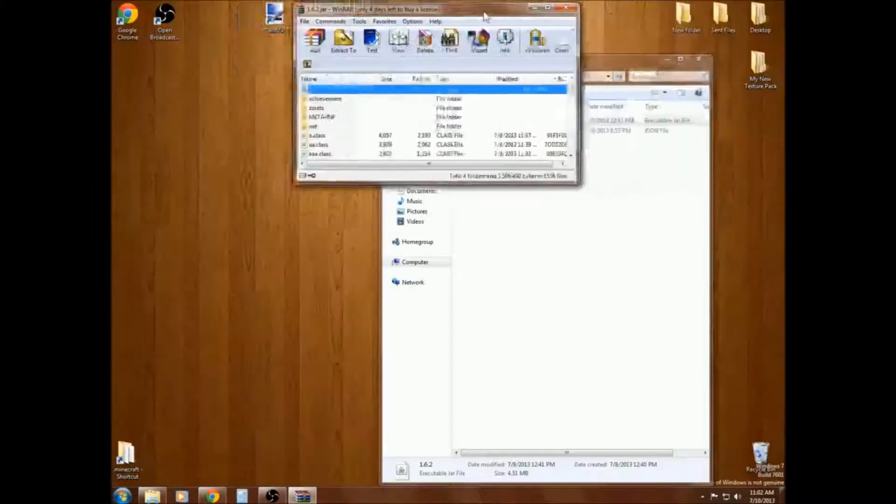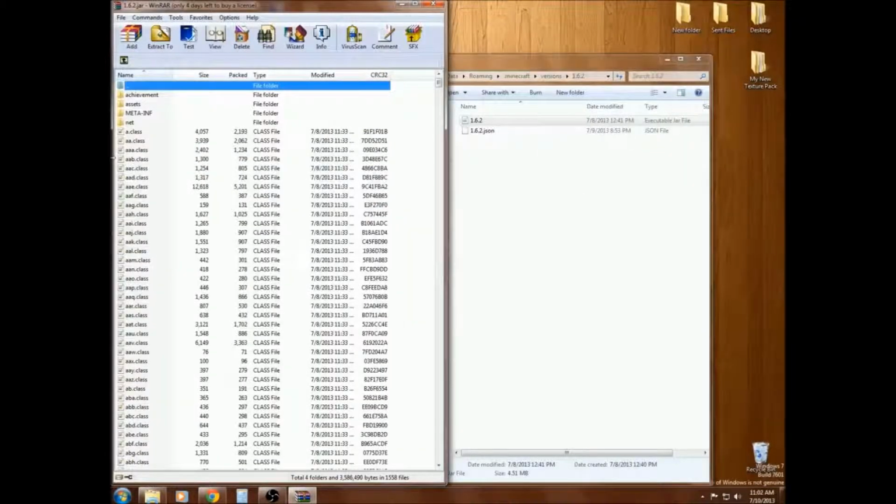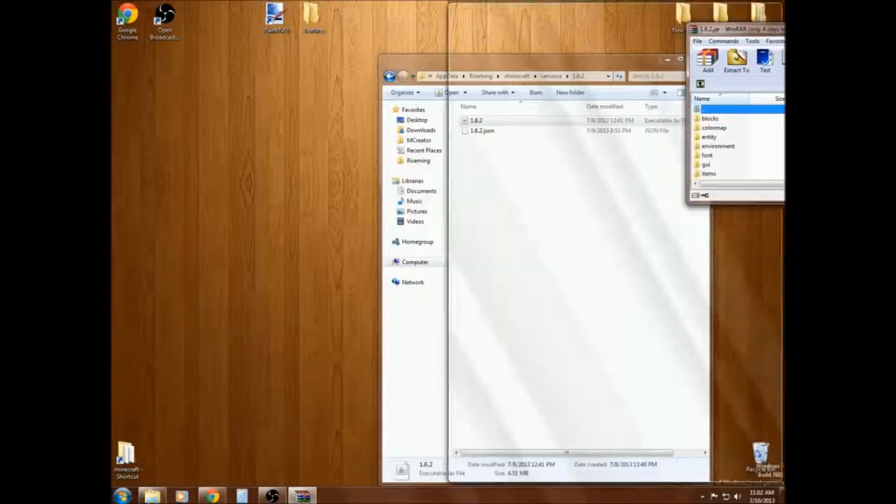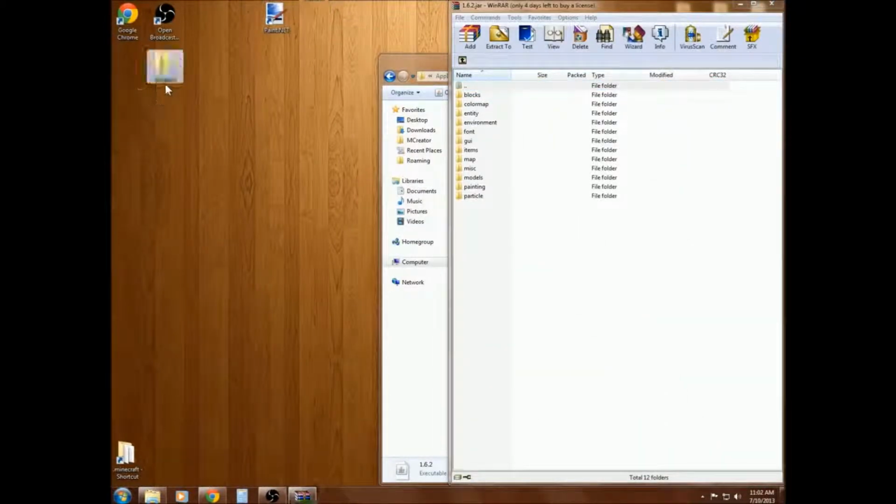In your Minecraft jar, you want to go to Assets, Minecraft, Textures, and there are a few things you're going to need here. So create a folder on your desktop called Textures, or whatever you want to call it, where you're going to store these textures. Open that up,